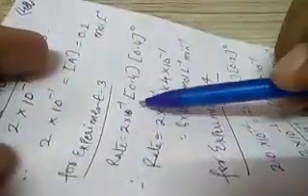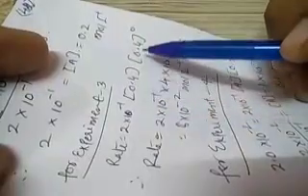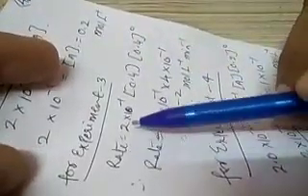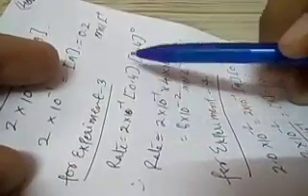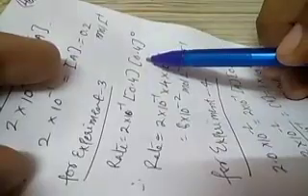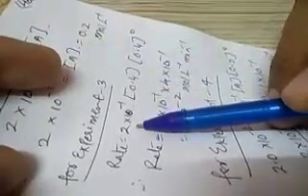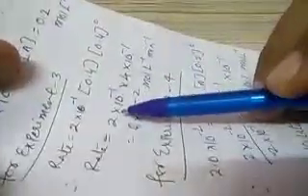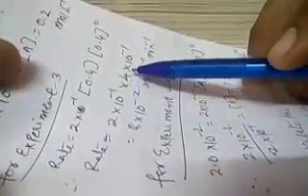In experiment number 3 they have given the value for concentration of A and concentration of B, but they do not give the value of rate. So we can calculate rate is equal to K A to the power 1, B to the power 0. For A the value is 0.4, for B the value is 0.4, and K we have already calculated, 2 into 10 to the power minus 1. That is 2 into 10 to the power minus 1 multiplied by 4 into 10 to the power minus 1, which ultimately leads to 8 into 10 to the power minus 2 mole per liter per minute. So that is what we get.